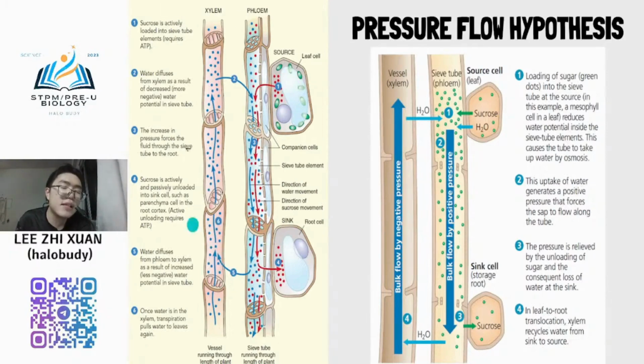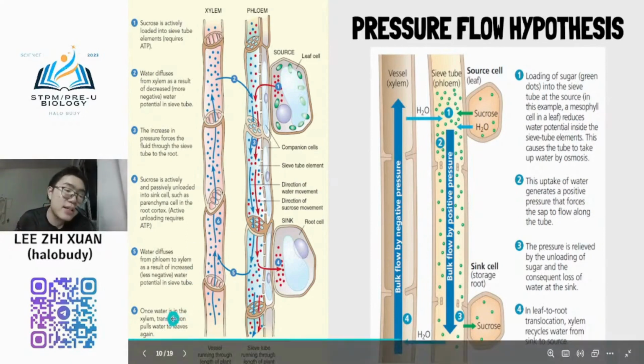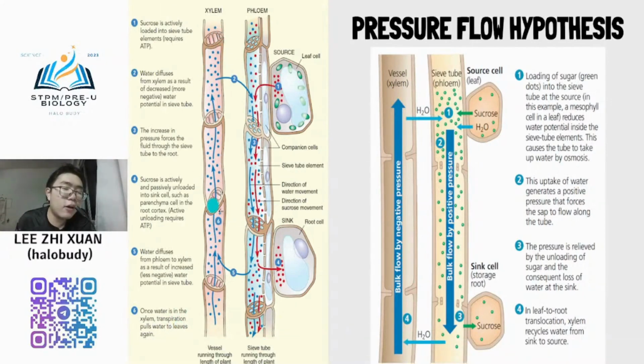So this is one type of recycle process. Once water is in the xylem, transpiration pulls the water to leave again. So you can say that it is one type of recycle process based on the concentration gradient. Normally, as I repeat again, when sucrose molecule is already pumped into the phloem